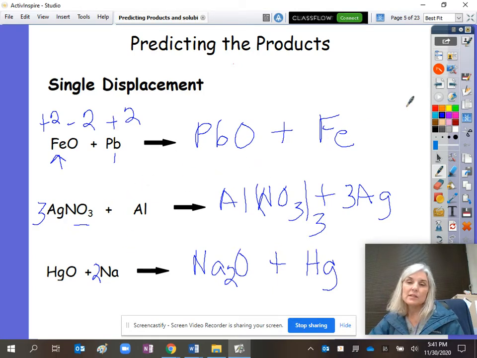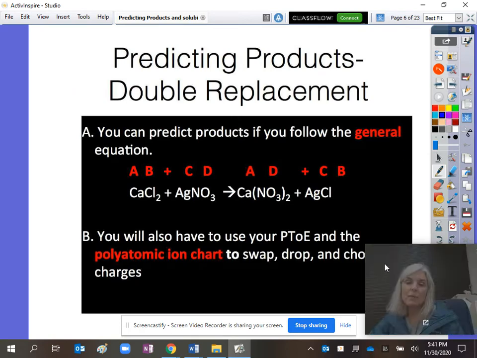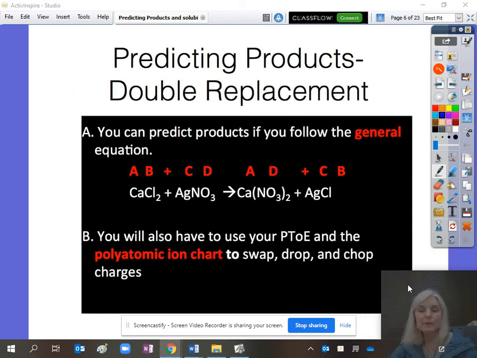So let's say, well, I'll save it for next. Let's go on to double. Now, when we're talking about a double displacement,